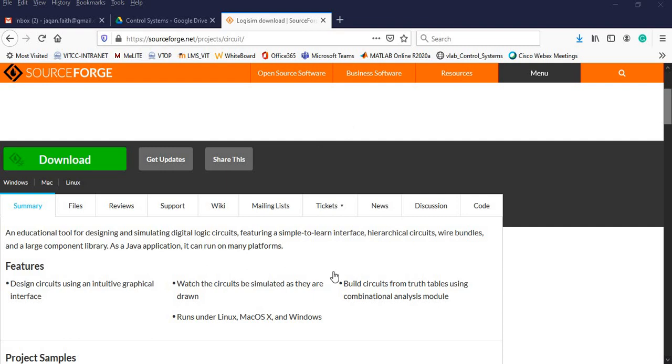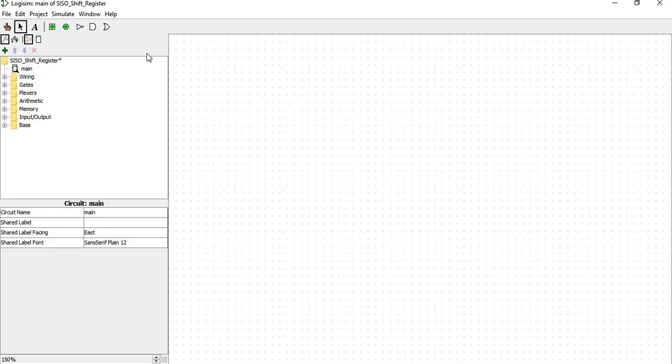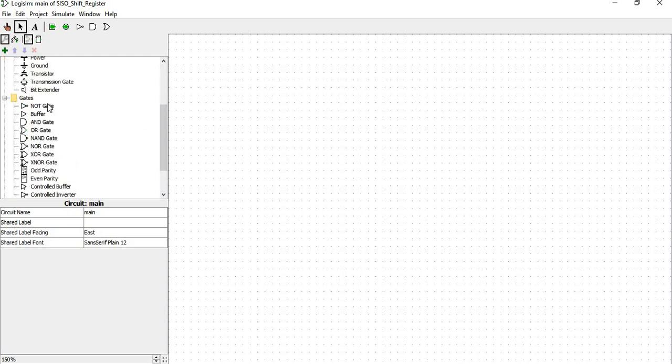we'll move on to the logic gate simulator, the logic gate implementation. Once you download the software Logisim, you will see this screen. Here you can see so many tools available on the left hand side. For example, starting from wire, you have the clock inputs, and if you look at the gates, you have all the gates, and, or, and so on. It's going to be the pick and place function.